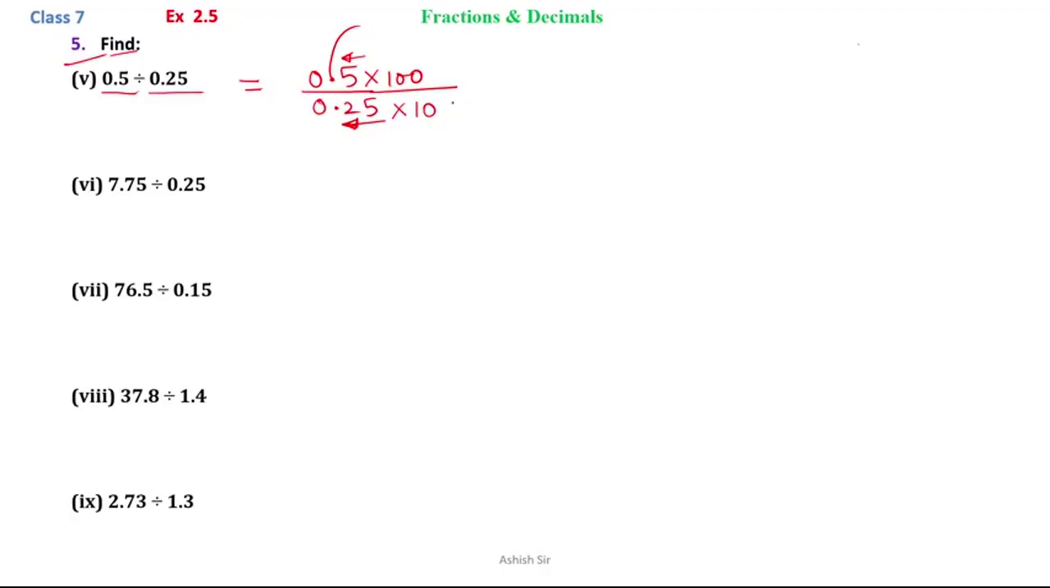Now you will cancel 0 with 0. So what we have is 5 tens are 50 and in the denominator it is 25. So we can cancel this: 25 ones are 25, 25 twos are 50. So our answer is 2. Now moving on to the next part,